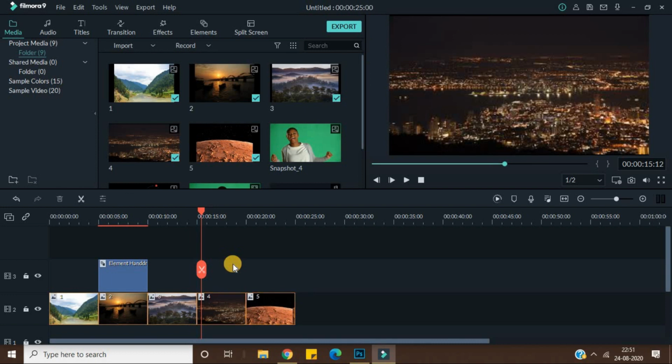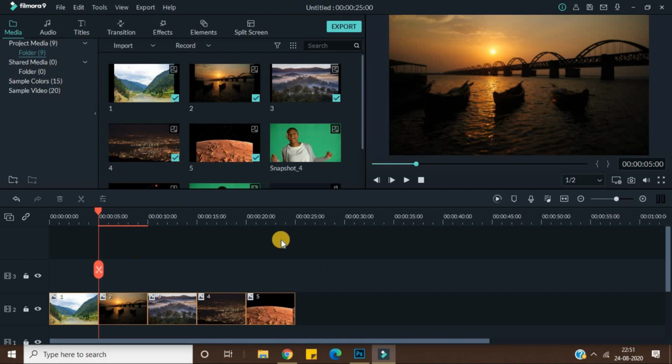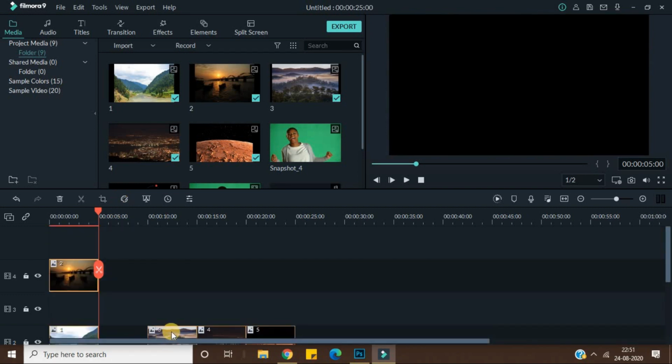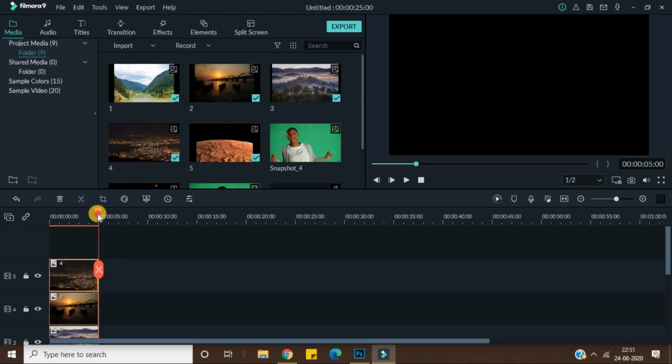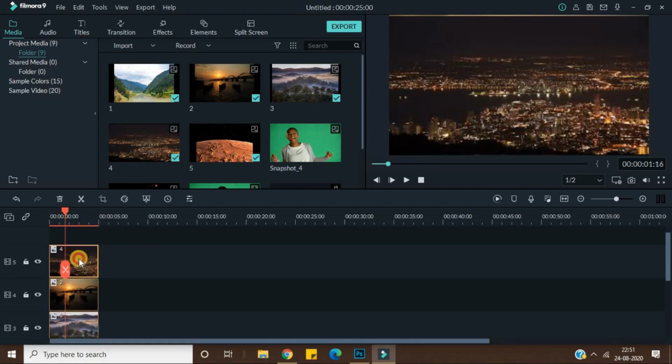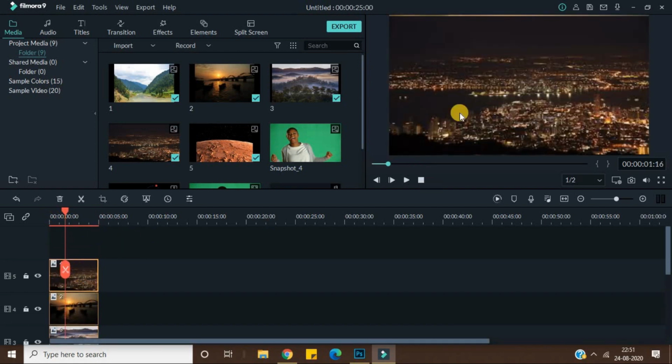And okay, so now let's suppose you want to add multiple videos one over others. Like let's suppose you want to put this image over this. So what you can simply do is just grab it and put it here or above or anywhere. Like I can put it here. Then if I want this again, I can put it between them. Okay, so this is how you can overlay one image over another, and then you can edit them accordingly.